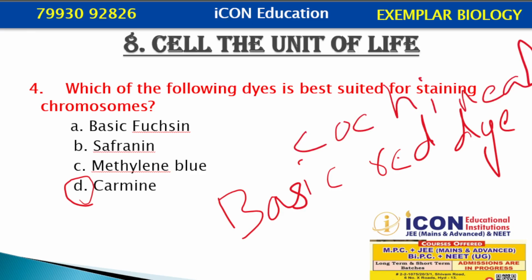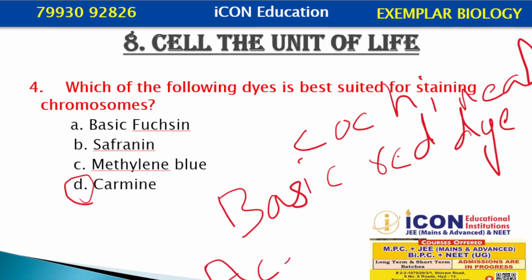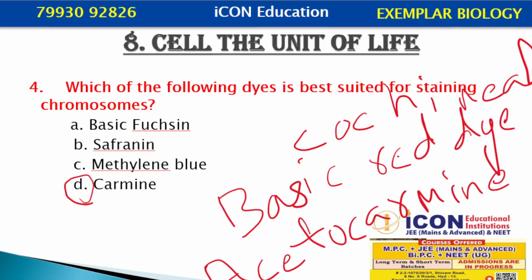Cochineal insect. This dye, when dissolved in acetic acid, will form acetocarmine. Okay. This acetocarmine is highly effective for staining chromosomes because it can bind with the DNA and histone protein,